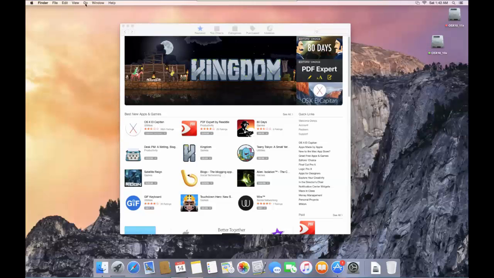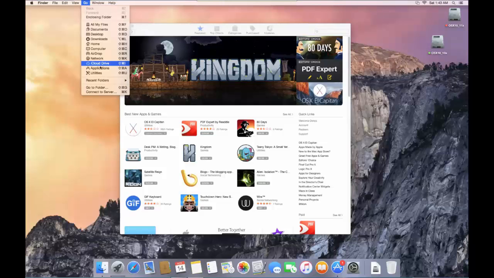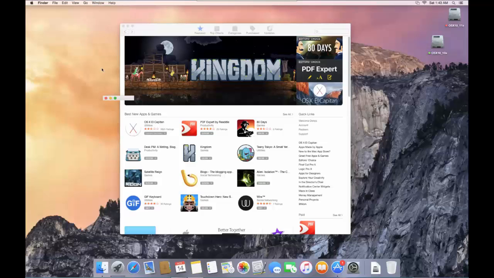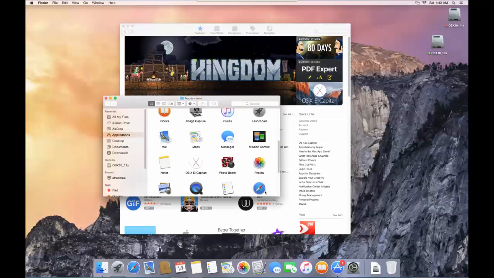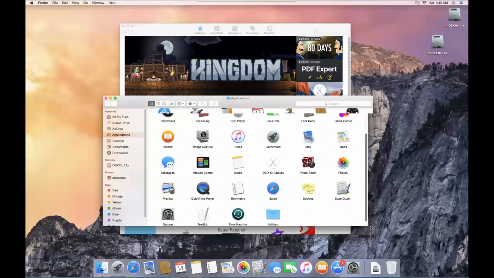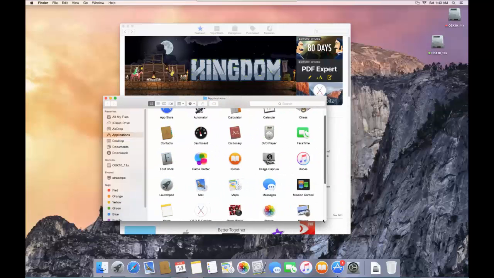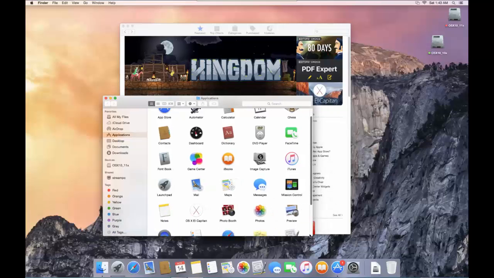So we click on go, and then you click on application folders. As you can see here, that is the image, that is the El Capitan. It's not done yet, but I just want to show you where it's located. So it's going to get downloaded into application folder, and previously we click on the launch pad to show the